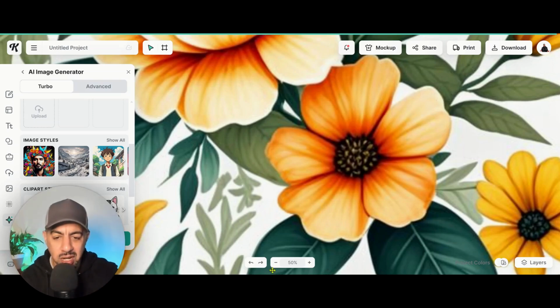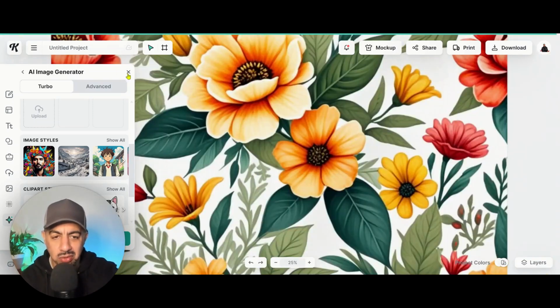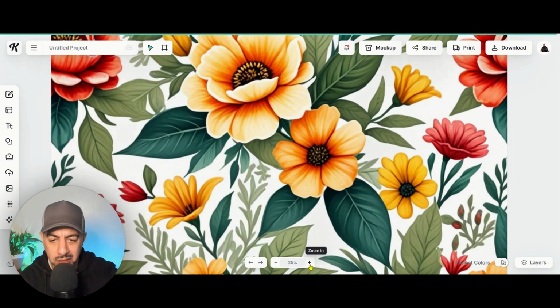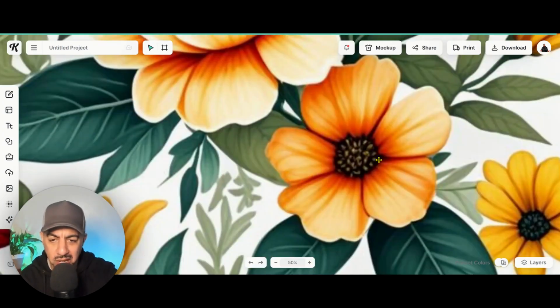So I always like to make sure that the quality is really good. So I go and optimize it. So let me just optimize that really quickly. Like I said, it's quite blurry right now. But I'm going to use a tool that is fantastic using Kittl. So if I click on the image,